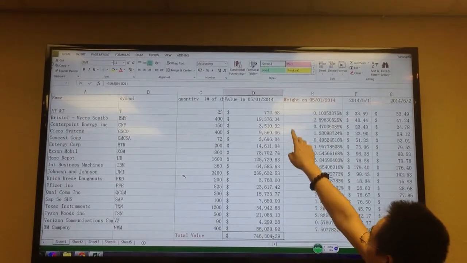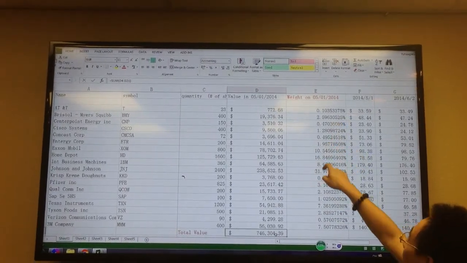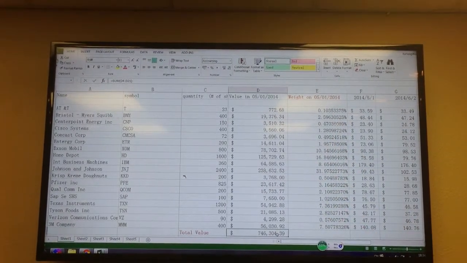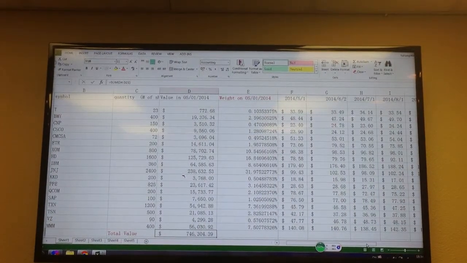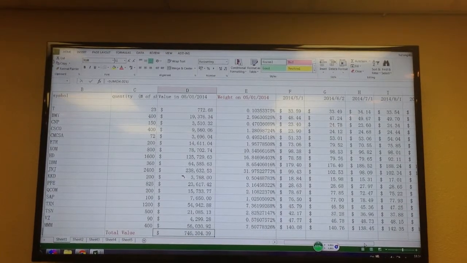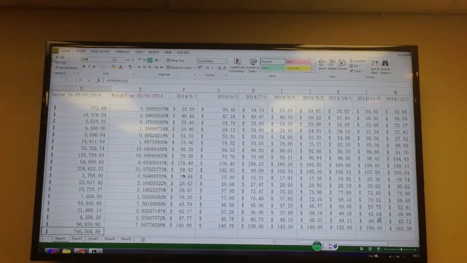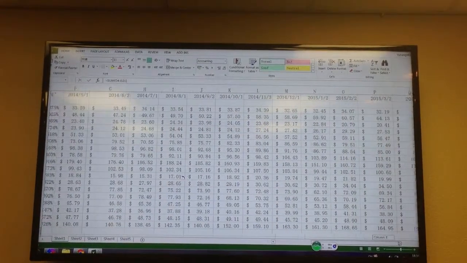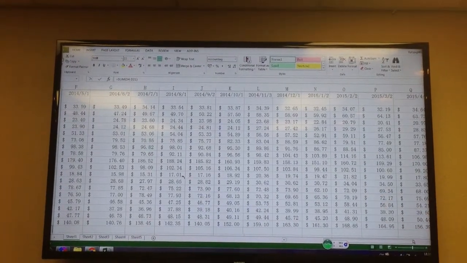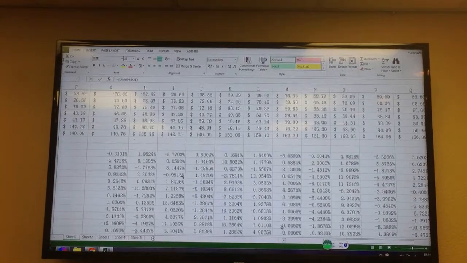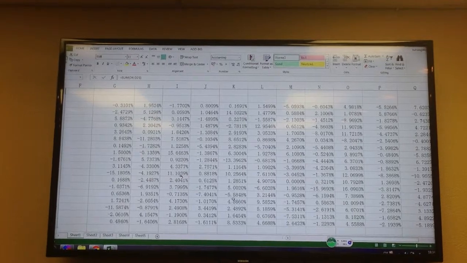So I divided every value by the total value to get the weight for every stock. Then I found the monthly stock prices for these 18 companies after May 1st. This is the later 12 months of stock prices. And then I calculated the monthly return for each company over the later 1 year. This is the monthly return for the 18 companies